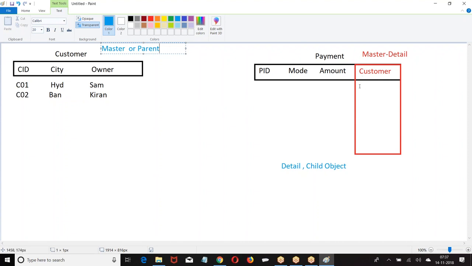Currency field will store some currency value. Date field will store some date value. Similarly, master detail field will hold what value? Master detail field will have the ID of the master record. If I choose C01, while displaying it will display C01, which is a name field. But internally what is stored? Your 18 character ID. Every record will have an ID, right? Whichever master record you have selected, that record ID will be stored internally.